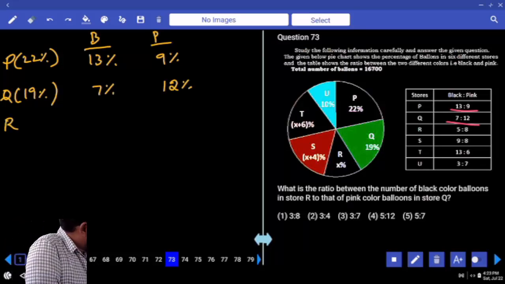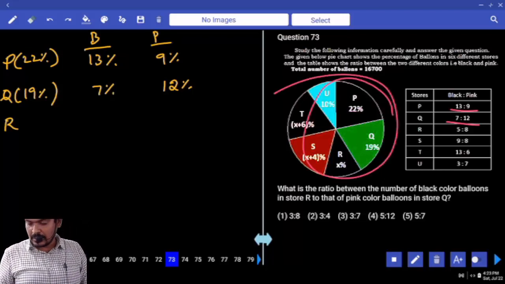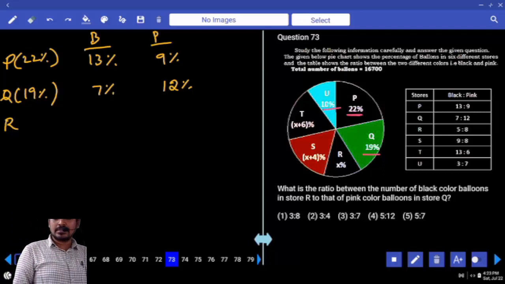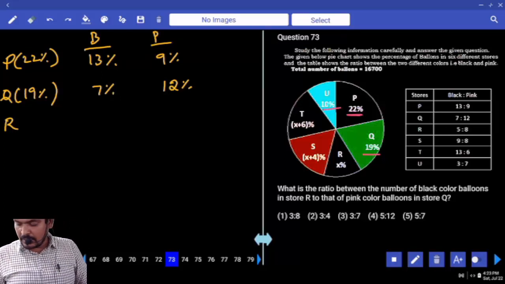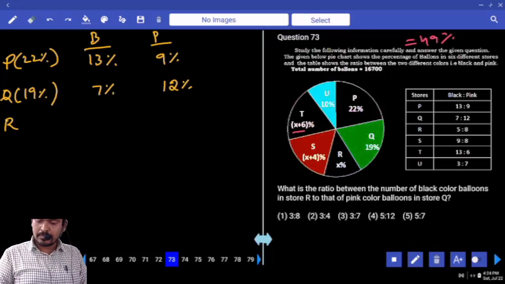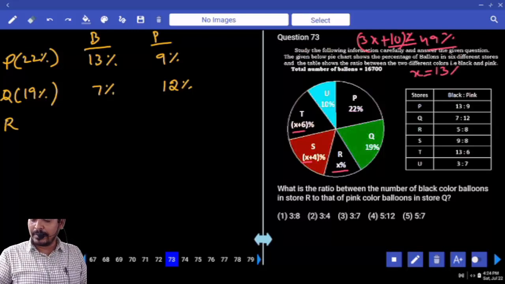but here for P, Q, R, S, T, the total value is how much? 100%. In the first 3 values, already 22 plus 19, 41 plus 10 means 51. 51 is completed. What is the remaining? 49. That 49% is equal to the sum of the remaining 3 values, means x plus x plus x, 3x plus 10%, means 49. 10 difference 39, 3x equals 39, x value 13, x is 13%, and